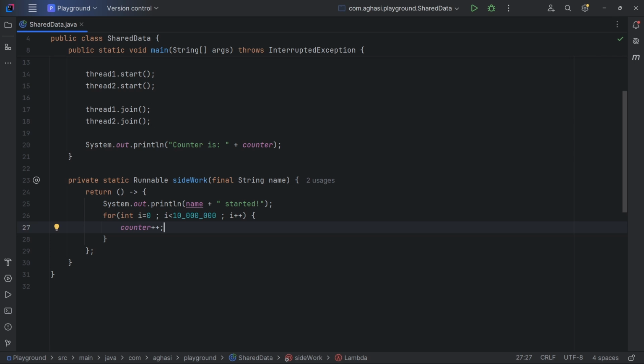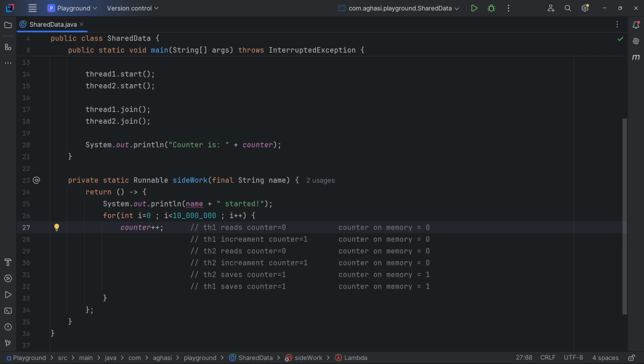At line 27, it appears that we have a single increment operation executed by both threads concurrently. However, behind the scenes, this operation consists of 3 instructions for the CPU. First, the current value of counter is read from memory and stored in a CPU register. Then the value in the register is incremented by 1. And finally, the new value is written back to the memory address of the counter variable. As said before, in multi-threaded applications, the scheduler may switch execution between threads at any point. This non-deterministic execution order can affect these 3 operations as well.